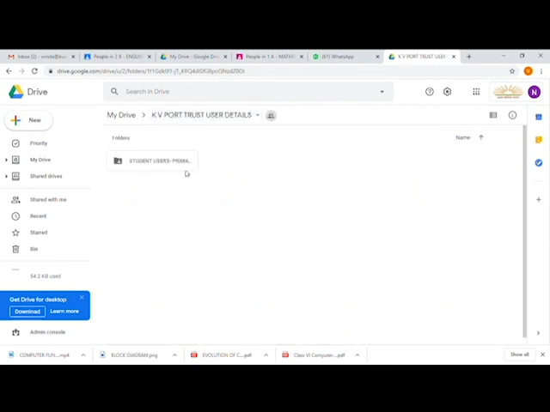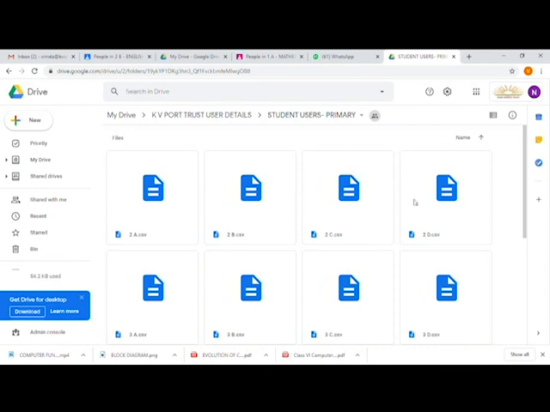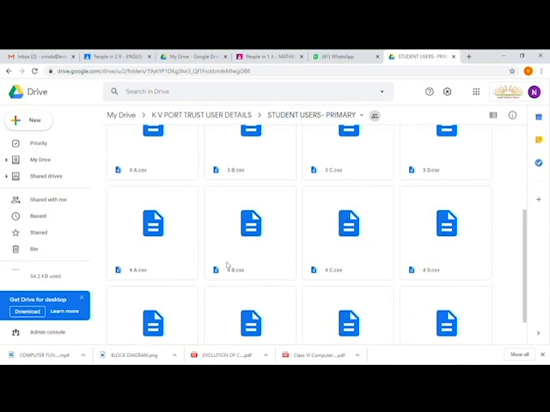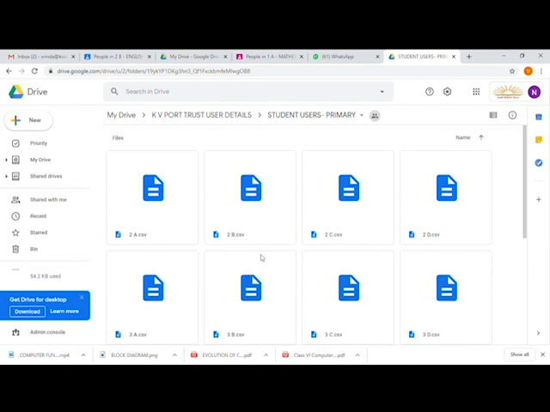You will be able to see such a folder, student users, and right now this is the student users primary folder. Double click on that and you will see so many files. These are the user IDs and the password credentials for the primary section.